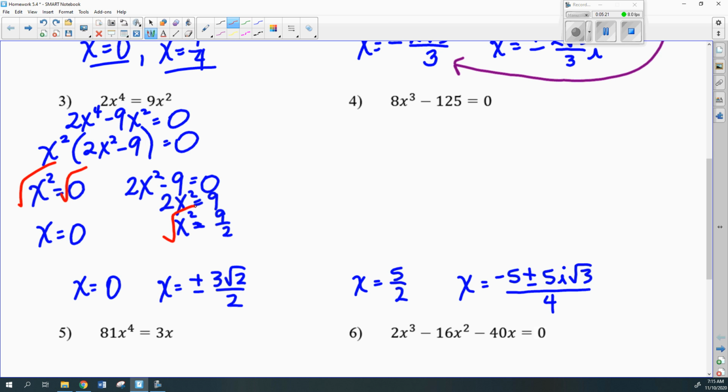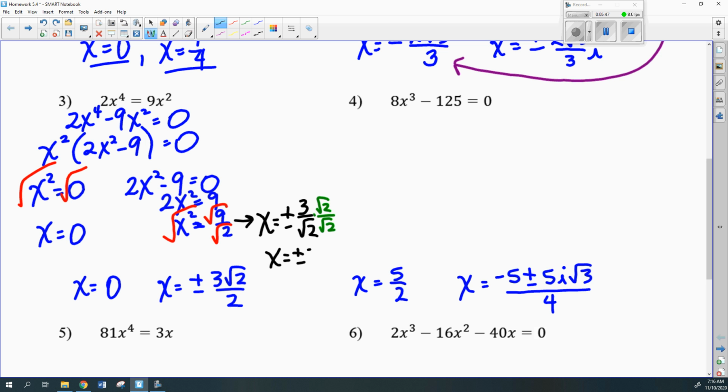Again, taking the square root of a fraction is the same thing as square root the top and the bottom separately. Kind of running out of space, I'm going to go over here. You need your plus and your minus. And when you take the square root of 9, you get 3, but you cannot take the square root of 2. Okay? Well, you can't leave the square root of 2 on the bottom either, so you have to rationalize the denominator. Okay? And